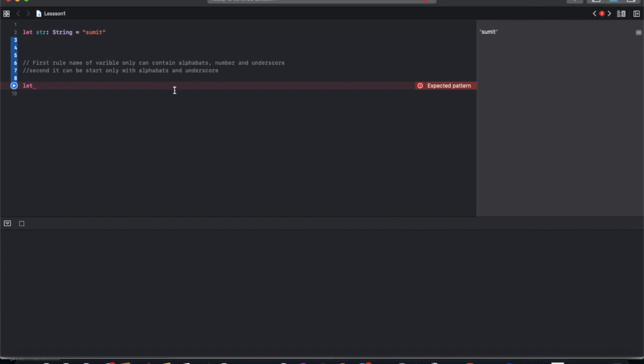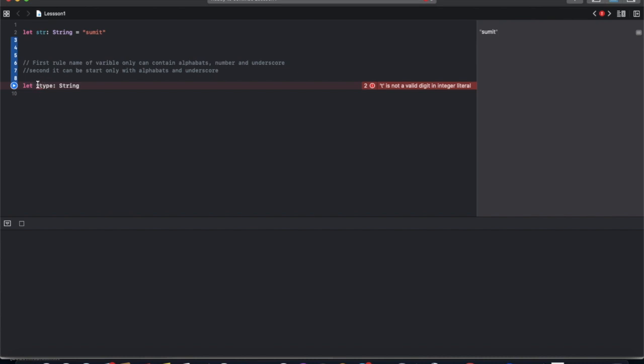Like if we want to use the first letter as a digit and then write a name of the variable like 9type, and we provide the type annotation String, it will give some error. 9 is not a valid integer literal because then it will think it's a literal.